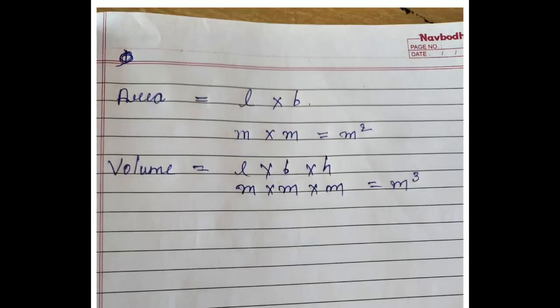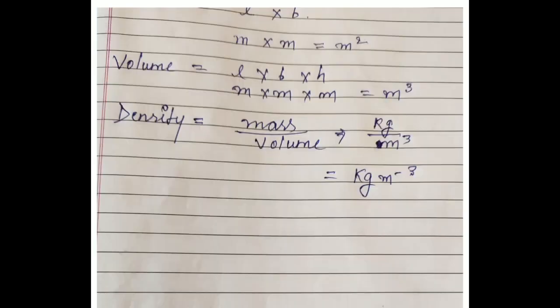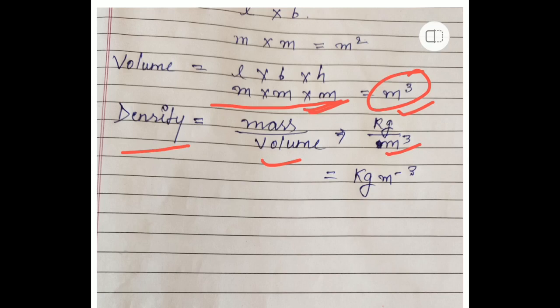Next, volume. We should know the formula first and it is a very basic formula. Volume is length into breadth into height, meter into meter into meter, it means meter cube. This is the unit of volume. It is also derived from the meter, that is length. Next is density. Density is mass upon volume and we measure mass in kilogram and volume in meter cube. So mass is a basic unit, volume is derived from the basic unit, and so density will be a derived unit and the unit will be kilogram per meter cube.